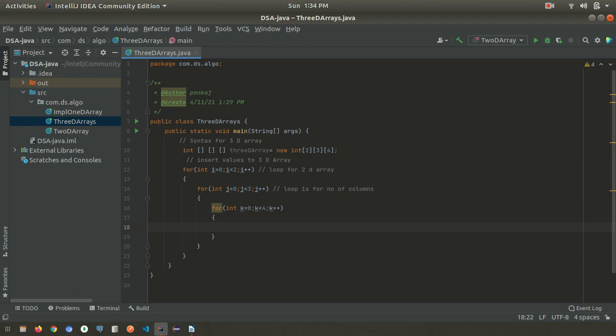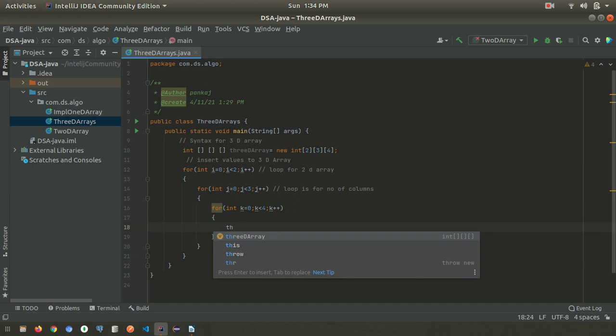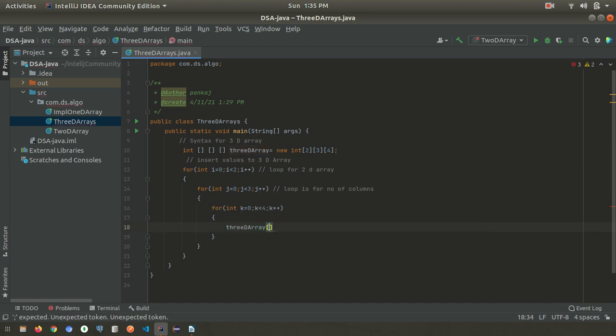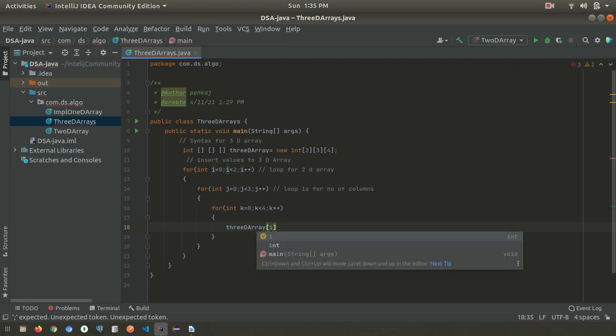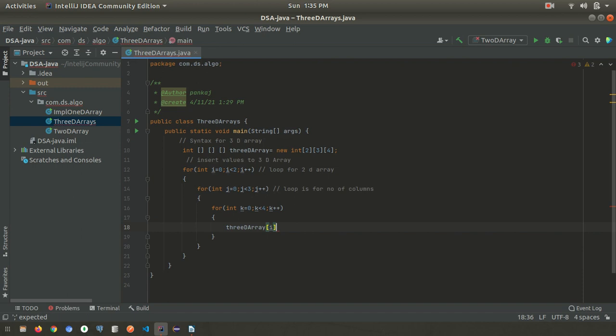The three-dimensional array name is 3D array of i, in which 2D array we are going to store. So first we start from the 0th index, and next is the number of rows, in which row, so the index is j, and for the number of columns, the index is k, starting from 0. So k equal to,